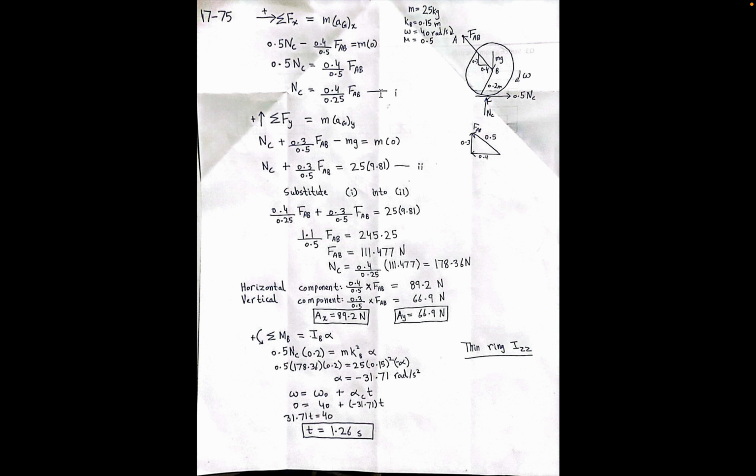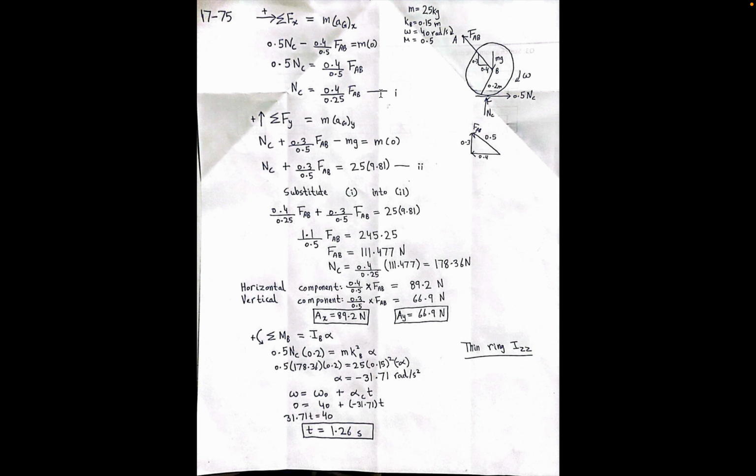NC plus 0.3 divided by 0.5 FAB, both are in the upward direction, so they are positive, and the mg force, the weight of the wheel, is negative because of the downward direction. So we substitute equation 1 in equation 2, and we get FAB, which is 111.477, and we get NC, the normal reaction force at C, which is 178.36 newtons. And then we find the horizontal and vertical components of FAB